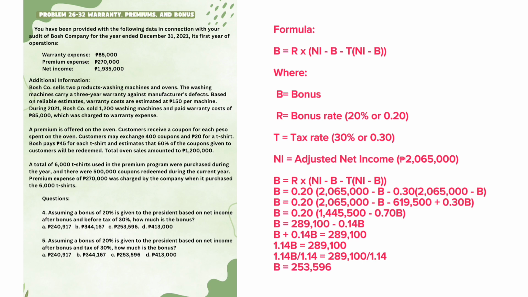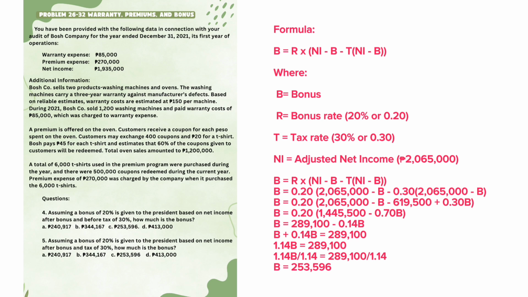B equals 0.20 times 2,065,000 minus B minus 619,500 plus 0.30 B. Simplifying inside the parentheses,